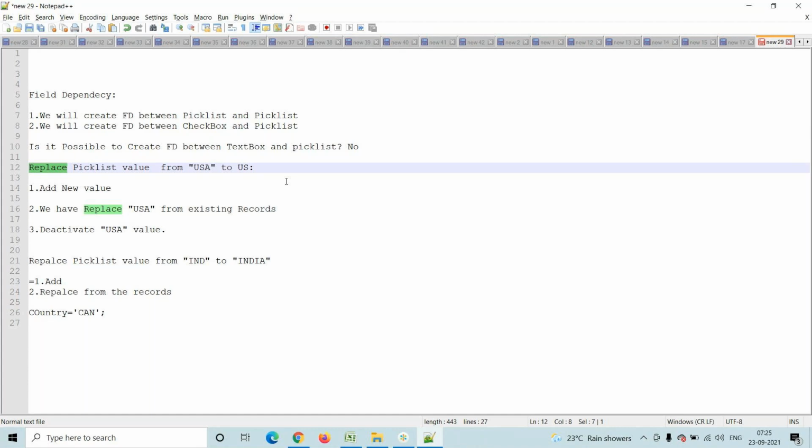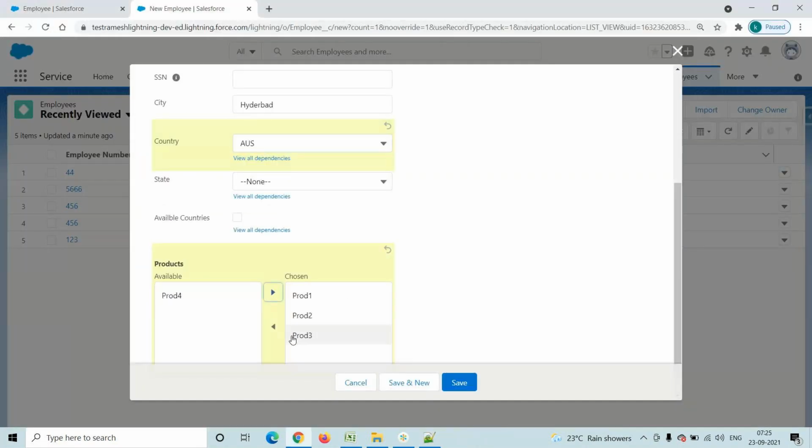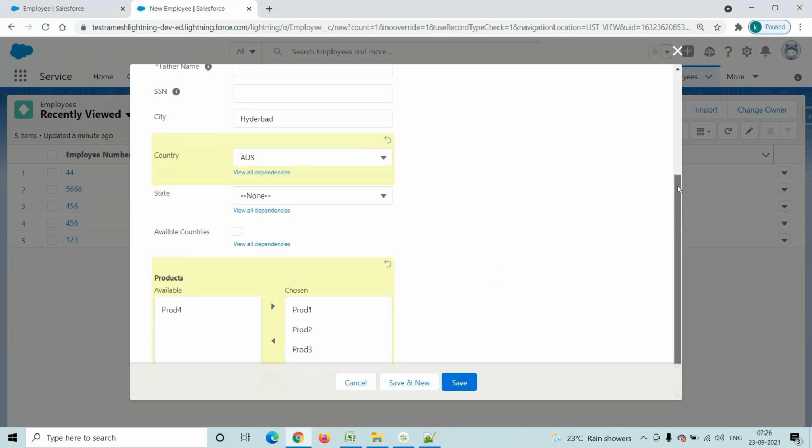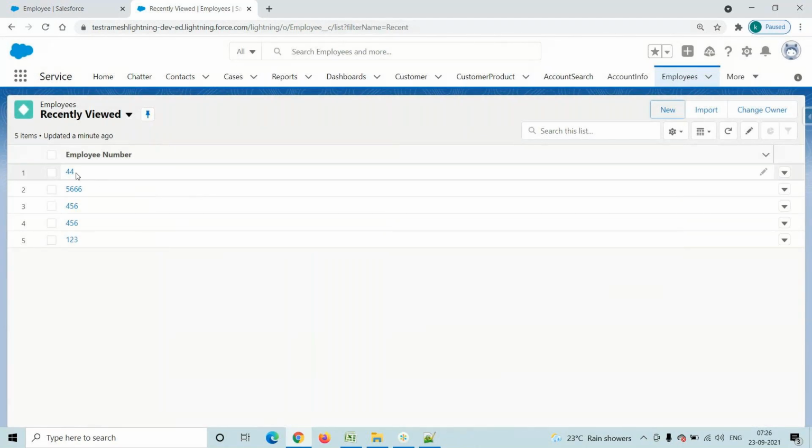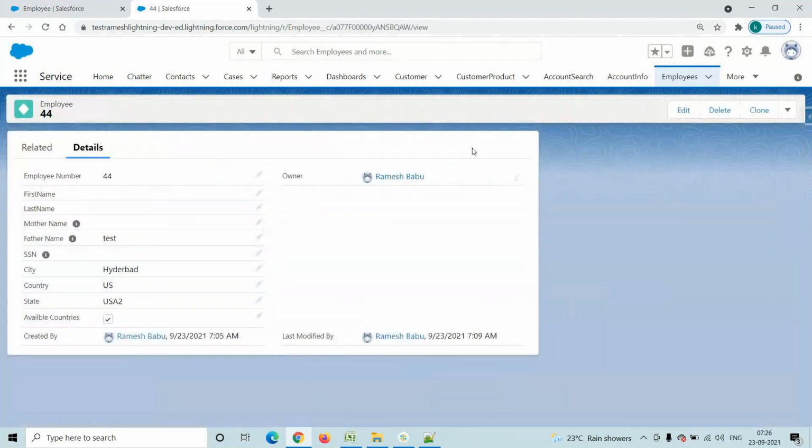Multi means multiple values we are selecting. This is a multi pick list and this is a single pick list; instead of single pick list, we call it a pick list. Any questions on this one?